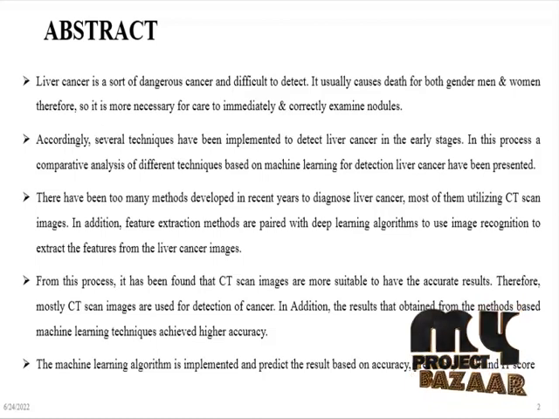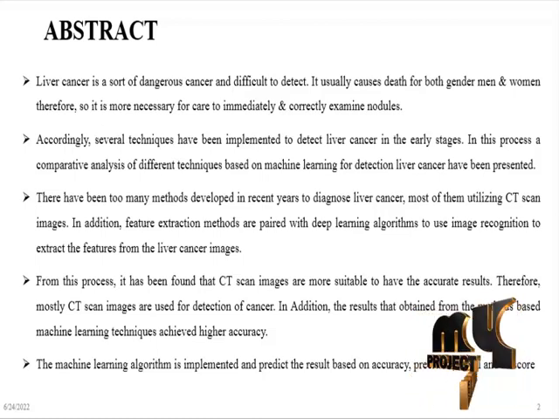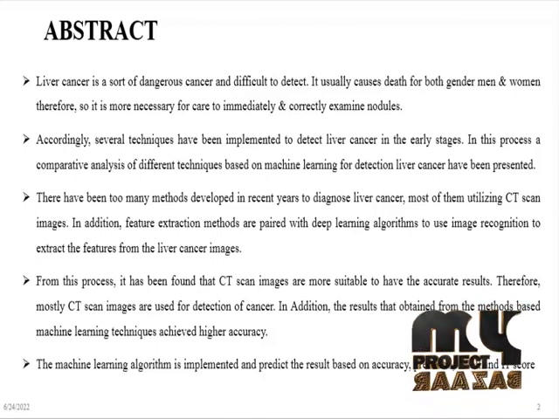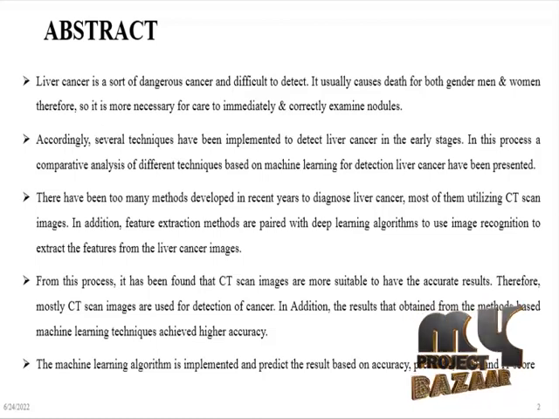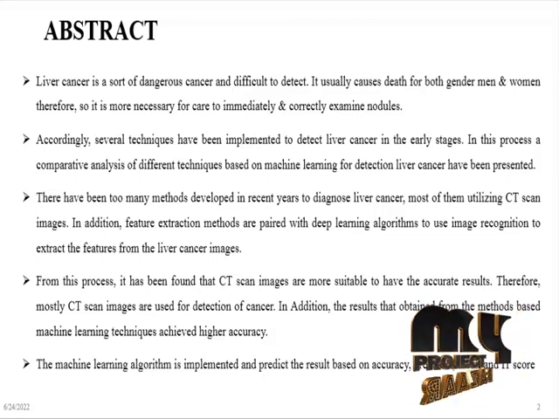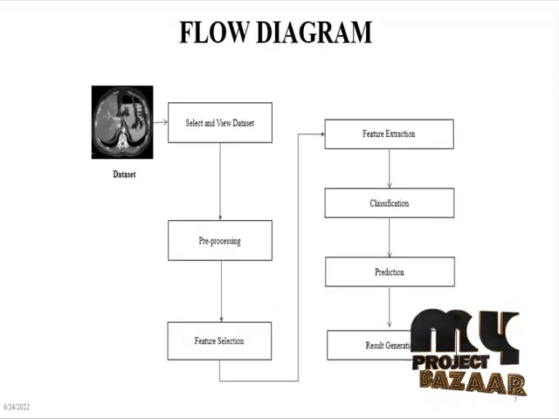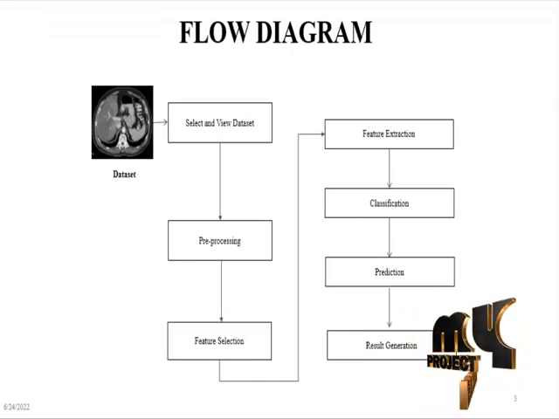In addition, the results obtained from the machine learning based methods achieved higher accuracy. Machine learning algorithms like the random forest algorithm are implemented and predict the results based on accuracy, precision, recall, and F1 score. And the flow diagram of the project is: first we need to select and view the